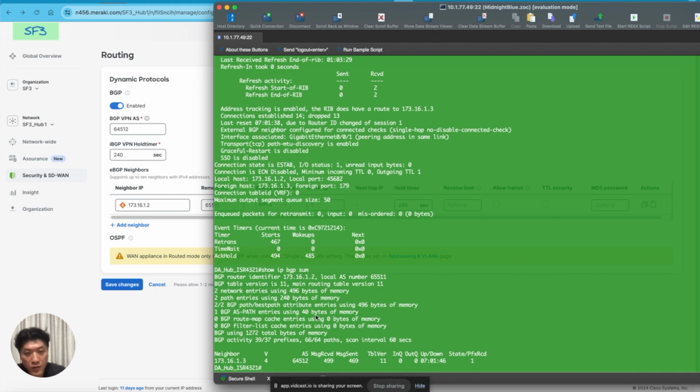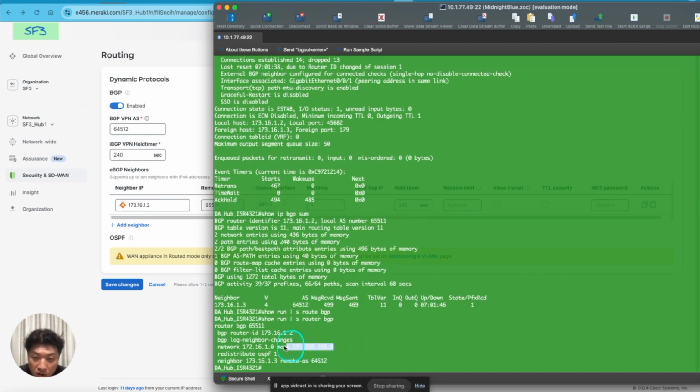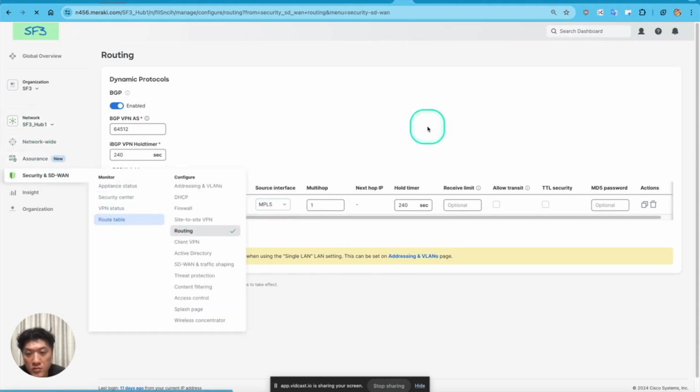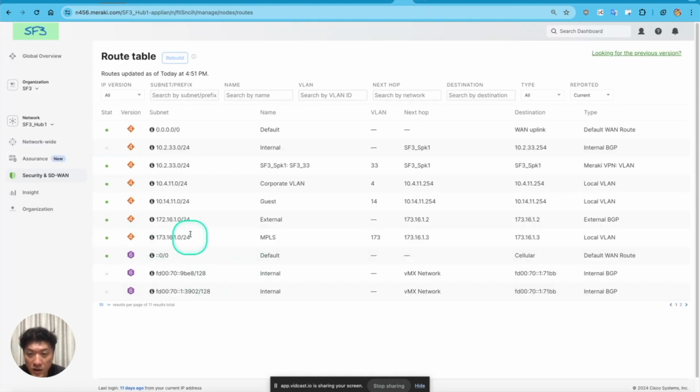First things first, we come back to the router configuration. We can see that we have advertised the 172.16.1.0 subnet to the BGP routing domain. That means that at my MX hub site and MX spoke site, I should receive the routes. Let's verify that. If I come to my hub site, to the routing table, it takes a while to load,